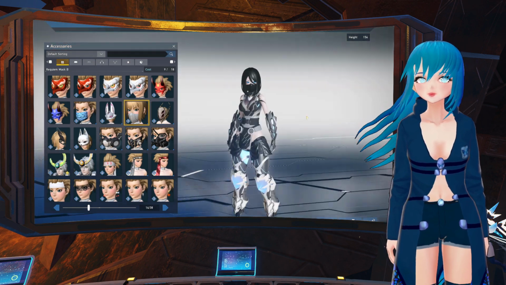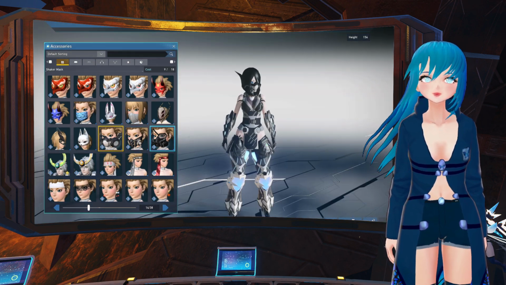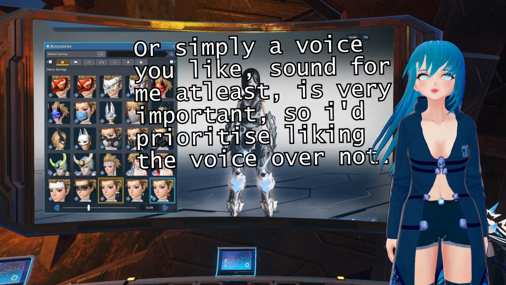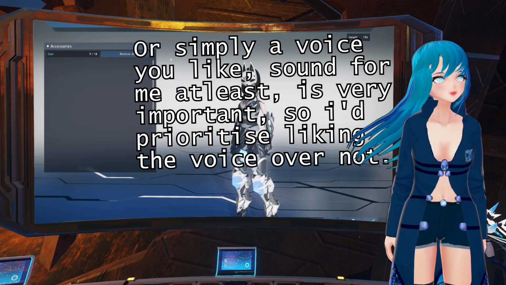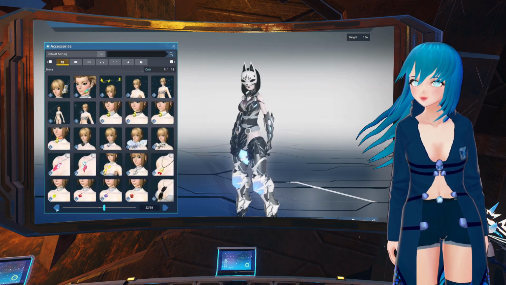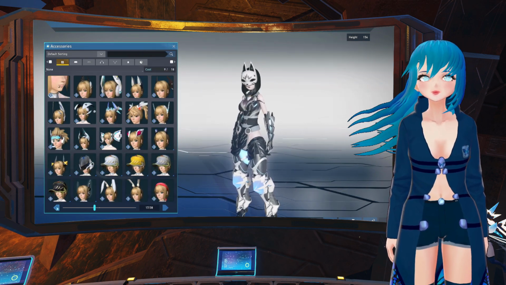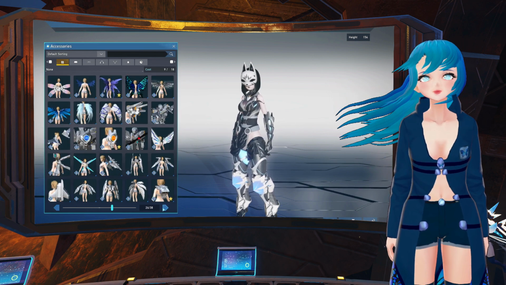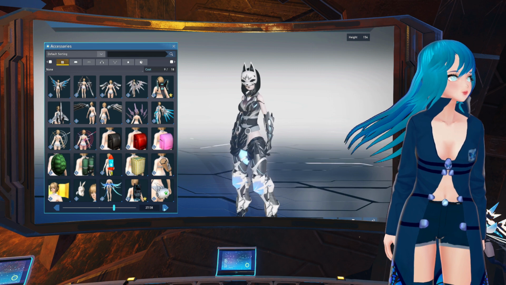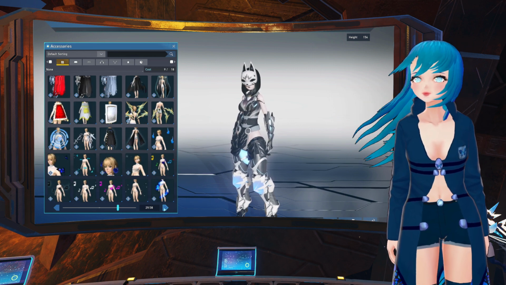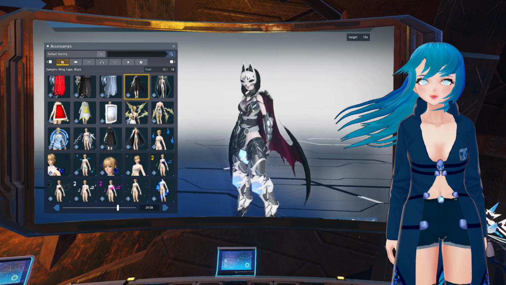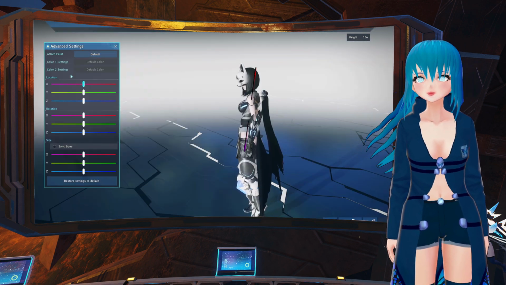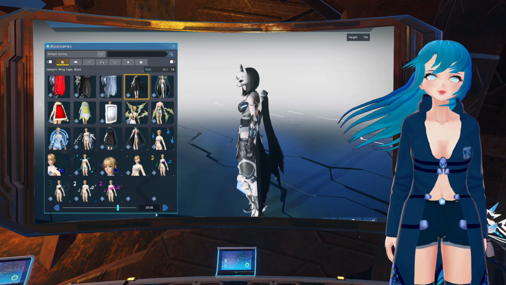Voice selection. I personally feel like this is less important. Just choose a voice that you feel like suits your character. I wouldn't recommend going from the other angle and then choosing a voice to build your character around, unless you are trying to recreate an existing character in game. Just choose a voice that suits your character in your opinion, other than the fact that you can put the voices into your auto chats as well to add that little bit of extra flair when the auto chats decide to function properly anyway. For me, I use Felix's voice, as she is very confident and cocky and very playful,